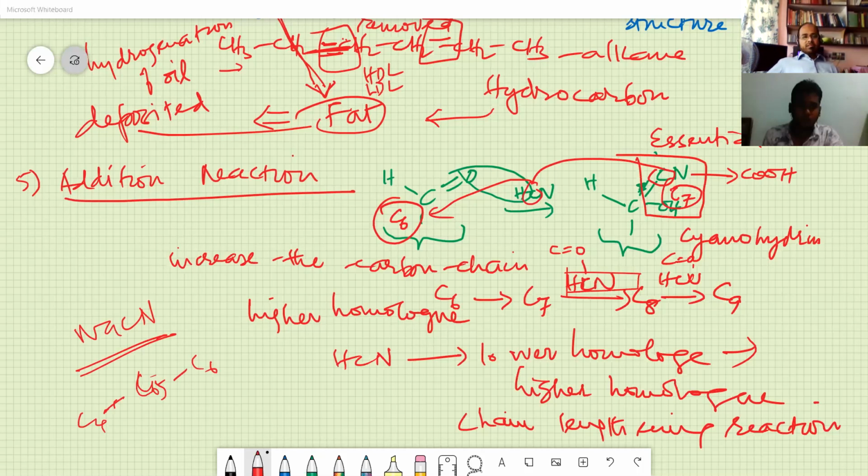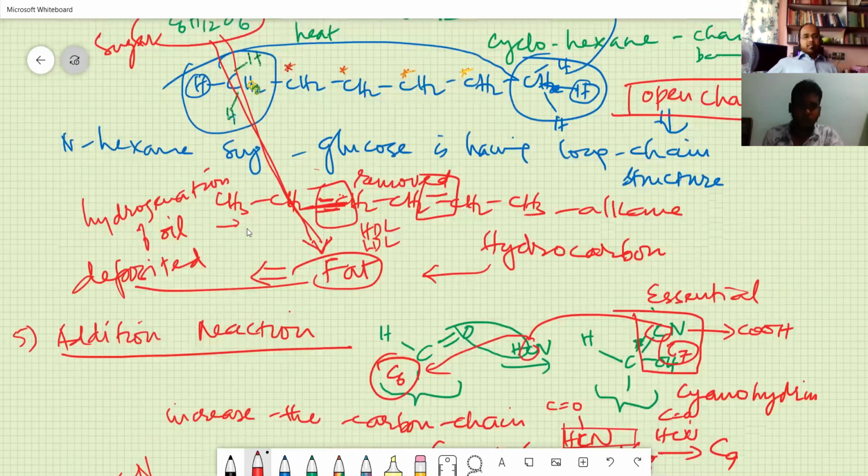In these 5 reactions, we have tried to establish the structure of glucose. How? First thing is, we say there is a reactive carbonyl group. You prove it by reduction, you prove it by oxidation, you prove it by cyanohydrin formation. So that is very reactive. And the rest of the 2 reactions are,